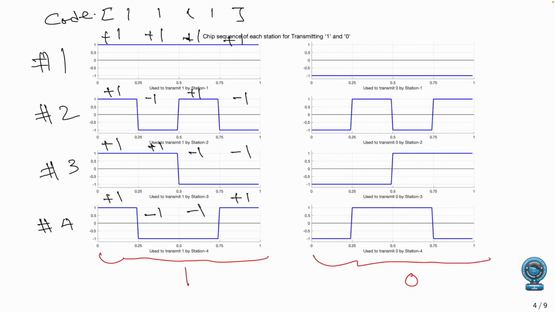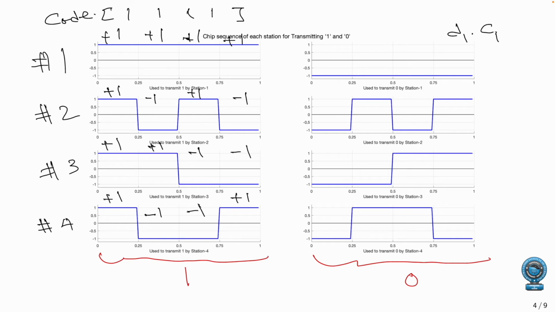So what is CDMA saying? CDMA is saying that the stations, whenever they want to send 0, just use the codes themselves, but multiply them with -1 and send the code for 0. Or in other words, if we want to combine all these representations, say D1 is the bit that station 1 wants to send. C1 is the code that has been given, in this case this code. So he's saying multiply the code with D1 and send this.